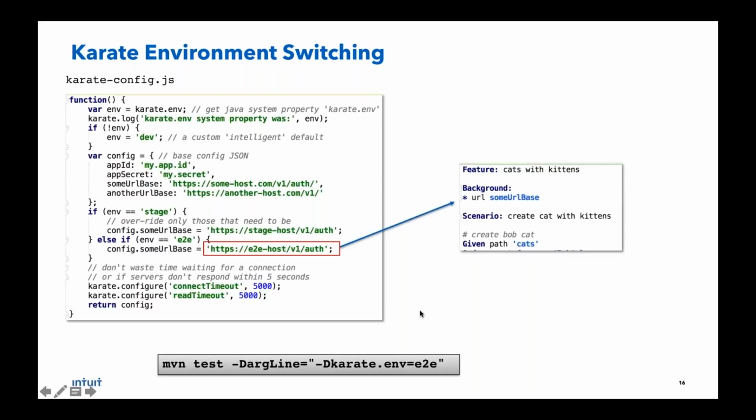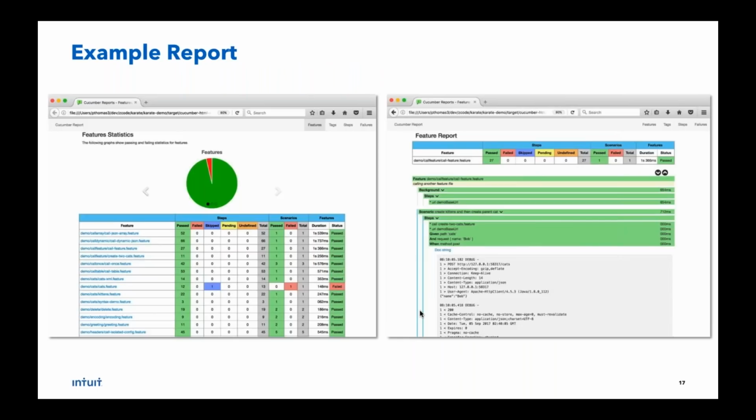And as a result, that URL that is pertaining to the E2E environment would be injected into the test. All you need to do is set that karate.env, which you see at the bottom of the slide. It's that simple. The number of steps that you need to go through as a developer to just add a new configurable property into your test is actually just 2 steps. Add it to your config.js on the left, and it's ready to use. You just start using it, and it's that simple.